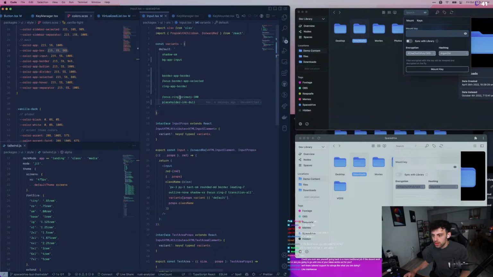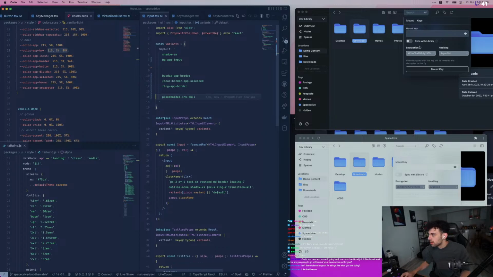Is it? Oh, it's because focus is ring primary. Alright. Focus ring app border. Yeah, there it is. Okay, so probably